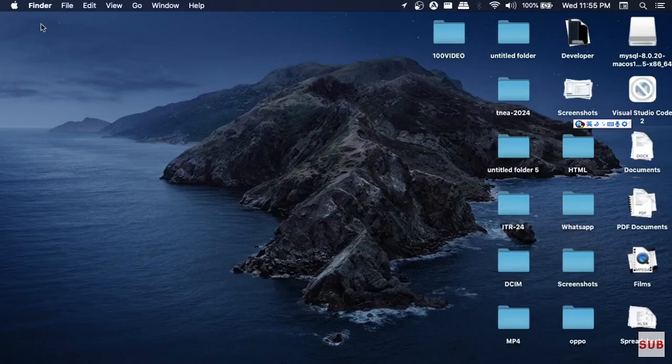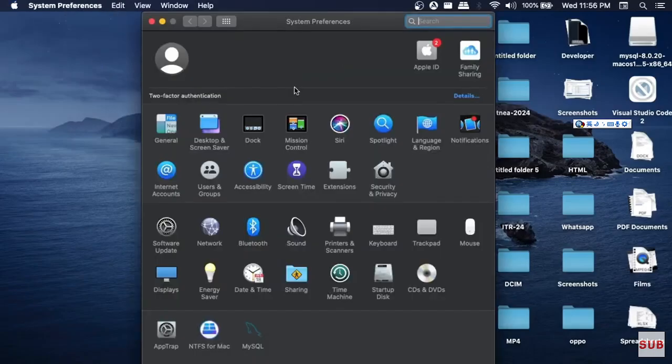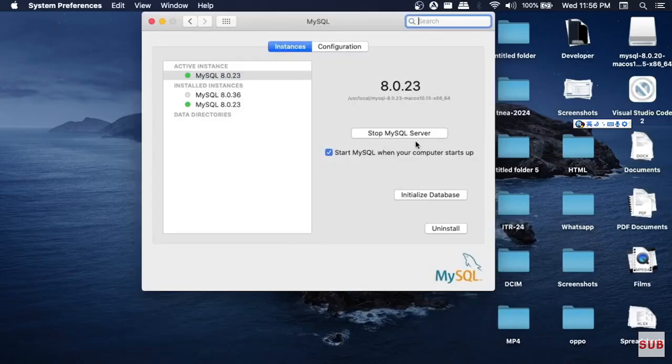So for this, you just need to click on the Apple logo that you're having on the leftmost top. After clicking it, you need to select system preferences. In some Mac versions it will be system settings. Click that, and here to the bottom we will be having MySQL. Click it, and as you can see here, MySQL server has been started because it's having the option stop MySQL